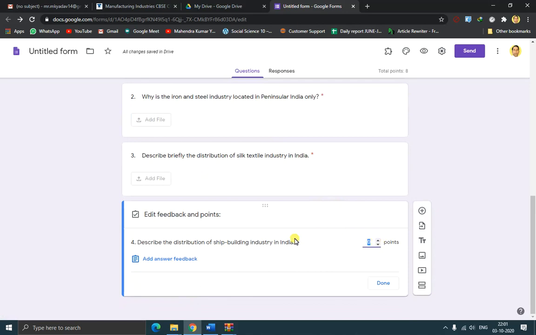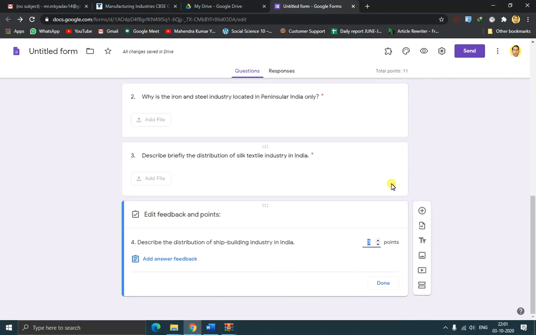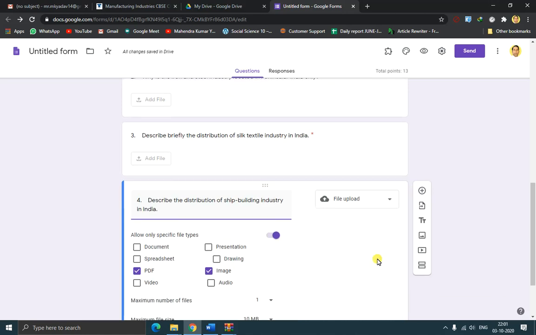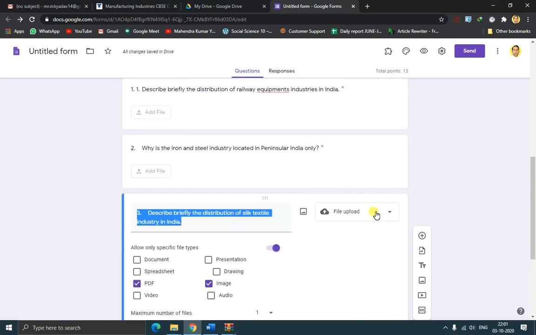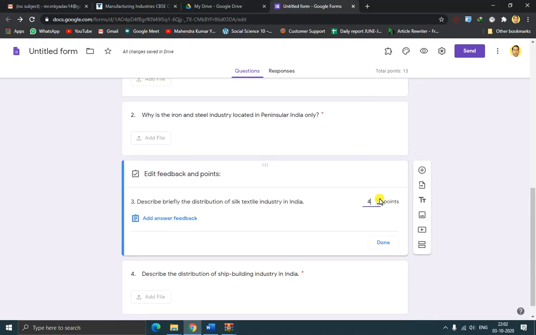Suppose here I am providing 3 marks, or not only 3, here I can add 4 marks, 5 marks even, and now done. And I think this also requires 5 marks.